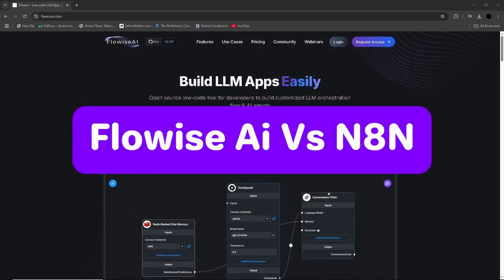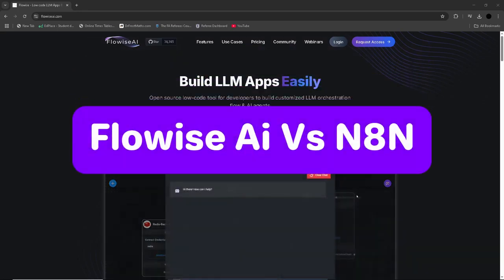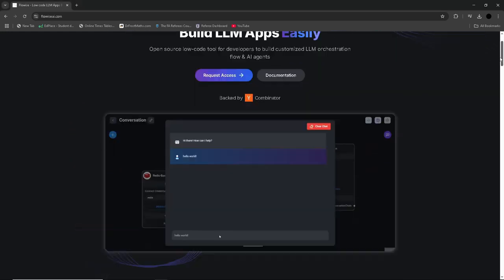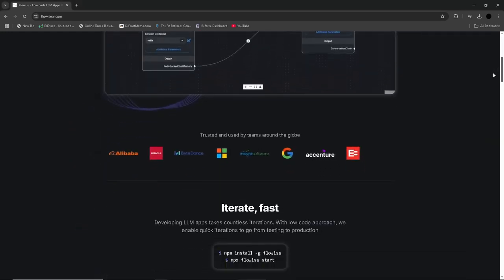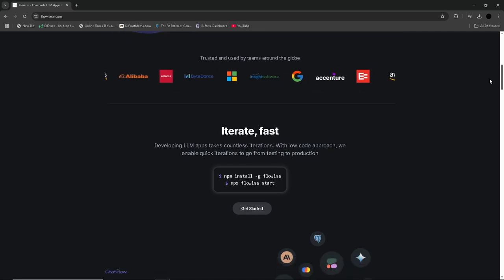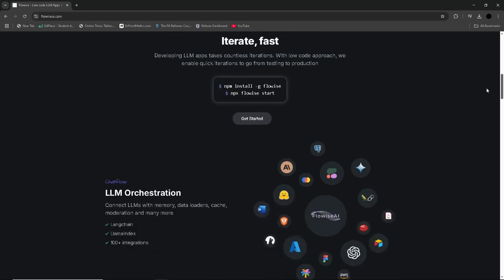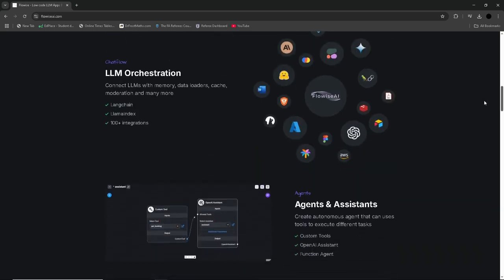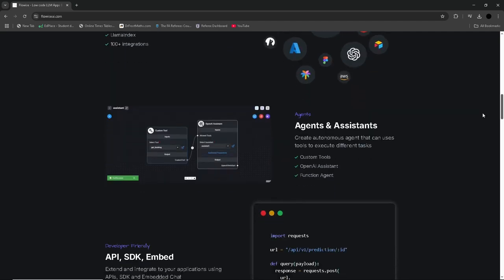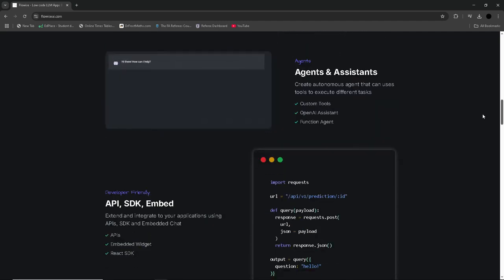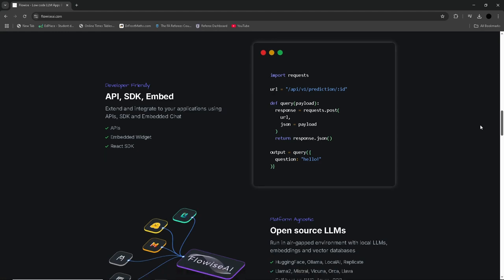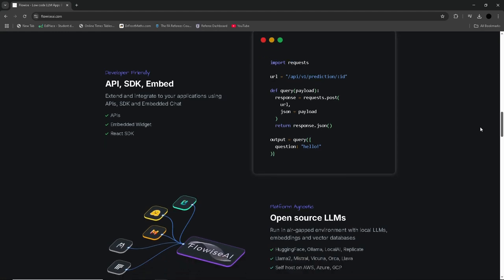In this video, we will compare N8N versus Flowise AI. Flowise AI is an intuitive platform designed to simplify the process of building and developing AI models, specifically for workflow automation. It offers a low-code environment that allows both technical and non-technical users to create AI-driven applications quickly and efficiently using Flowise AI. Flowise AI enables easy integration of various AI model tools and data sources, making it suitable for